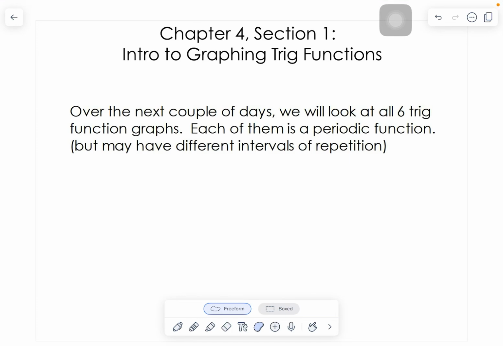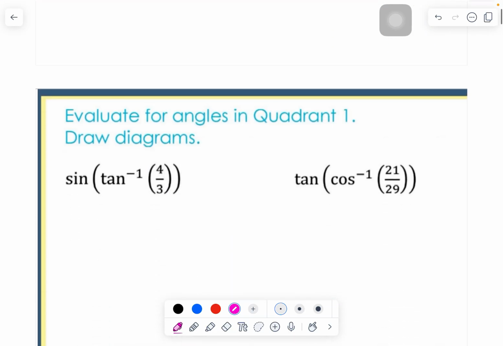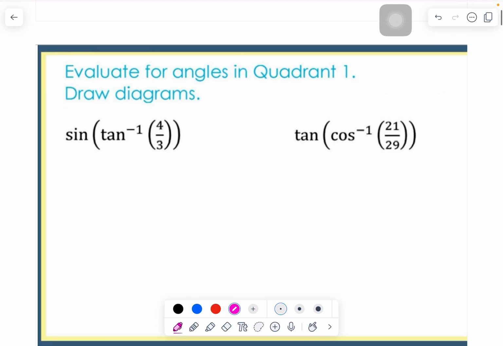Okay, chapter 4, we're going to get into graphing trig functions. The way I'm going to try to break it up is it talks about graphing all 6 trig functions. I'm going to get this broken up into 2 videos or 2 days. Day number 1 is going to be graphing the sine, cosine, tangent ones, and I'll deal with the reciprocal ones after that. But first, just to start it off, evaluating for angles that are in the first quadrant